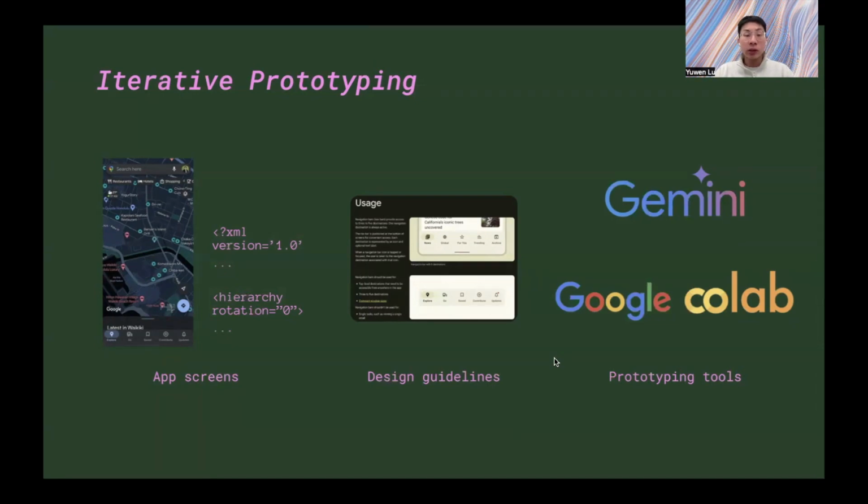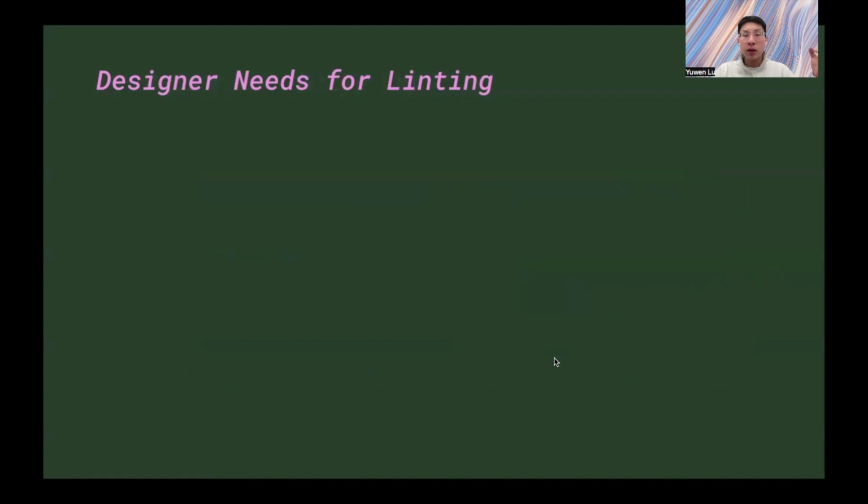And we created a really tight feedback loop with designers. Whenever we have some really promising results, we show them to designers to see if they like the result or not, and where they think we can improve. And after different rounds of iterative prototyping with different technical approaches, we concluded three main designer needs when it comes